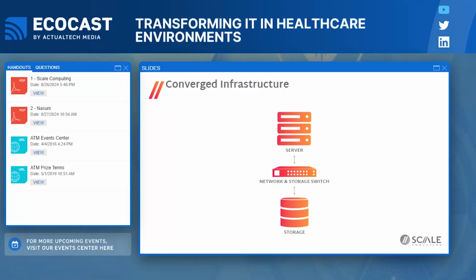Converged infrastructure was developed to address those complexities that we just went through with the 3-2-1 setup. They're basically pre-tested to avoid problems and complexities within, and often come from the same separate components, just pre-installed, pre-wired, if you will. The next evolution involved integrating all of those components into a single appliance, allowing for additions of compute resources to the storage and virtual machine setups. While they improve deployment and management, they often retain similar inefficiencies of that 3-2-1 architecture. The vSANs, or virtual storage appliances that were brought to the table with these systems to manage the storage, consume a lot of CPU and RAM, and that limits.